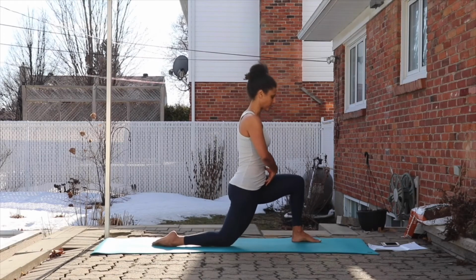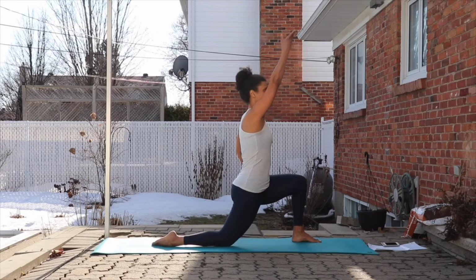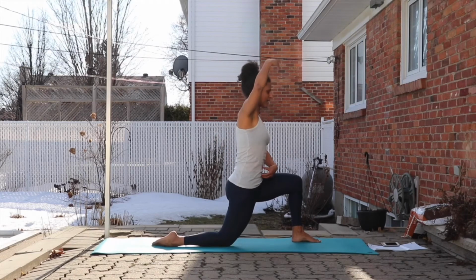Last one, we're going forward to hold. You'll be feeling that pull through the front of the hip here. I'm going to take that same arm as back leg up to the ceiling. And I want you now to think of pulling up and lifting out of the lower back. So it's not the shoulders, it's really trying to get those ribs up out of the low back, creating some